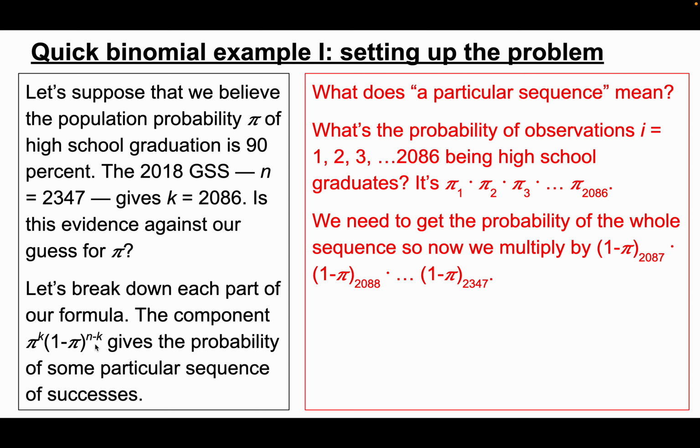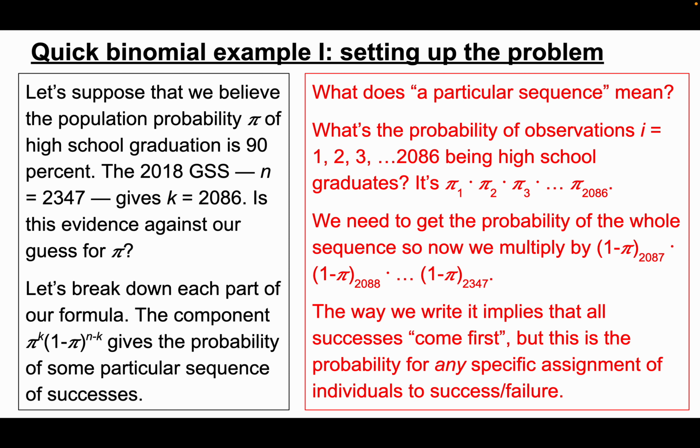We're basically accounting for everyone's probability, before the sample was selected, of this particular sequence happening. Now note that the way that we write it implies that all successes come first. So when we write out all the successes first, that's sort of implying that this sequence has some kind of special meaning. It doesn't. It just happens to be convenient to write this as pi to the k times 1 minus pi to the n minus k instead of pi 1 times 1 minus pi 2 times pi 3